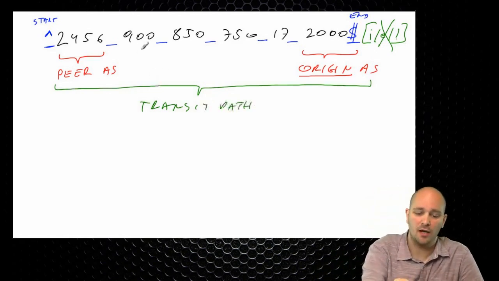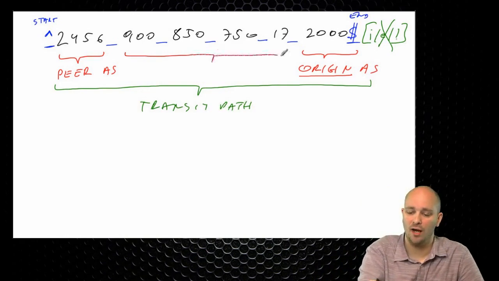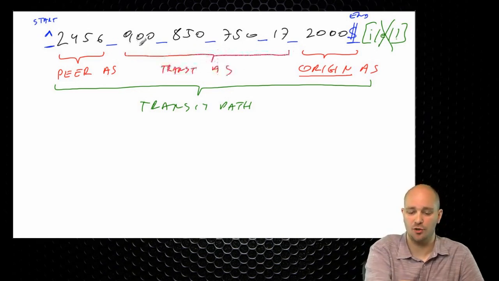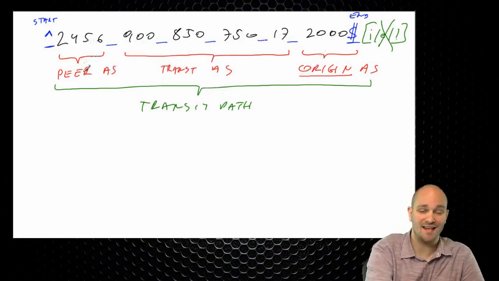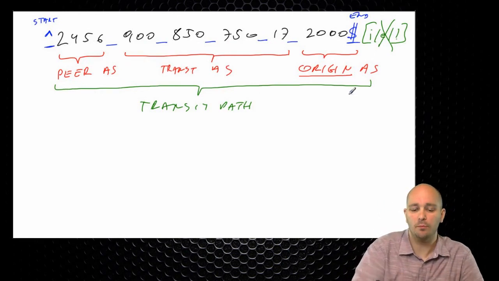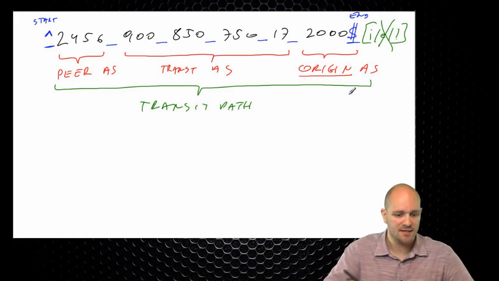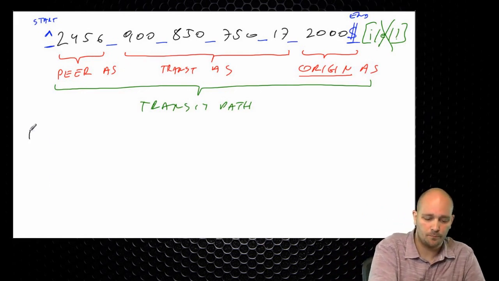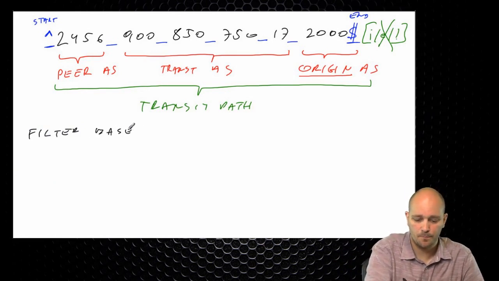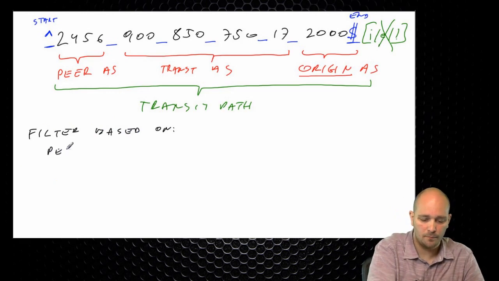Now, very, very often in the CCIE lab, when they talk about the transit autonomous systems, they talk about actually these autonomous systems here, so neither the origin nor the peer AS. But technically speaking, this is the entire transit path. So what in the lab you are very, very likely to be asked about is to filter prefixes based on either peer AS, origin AS, or transit